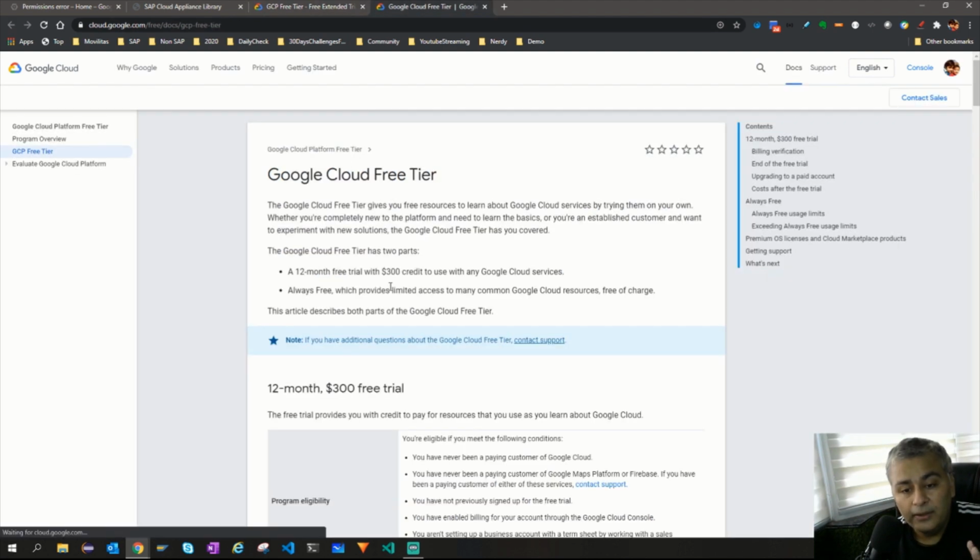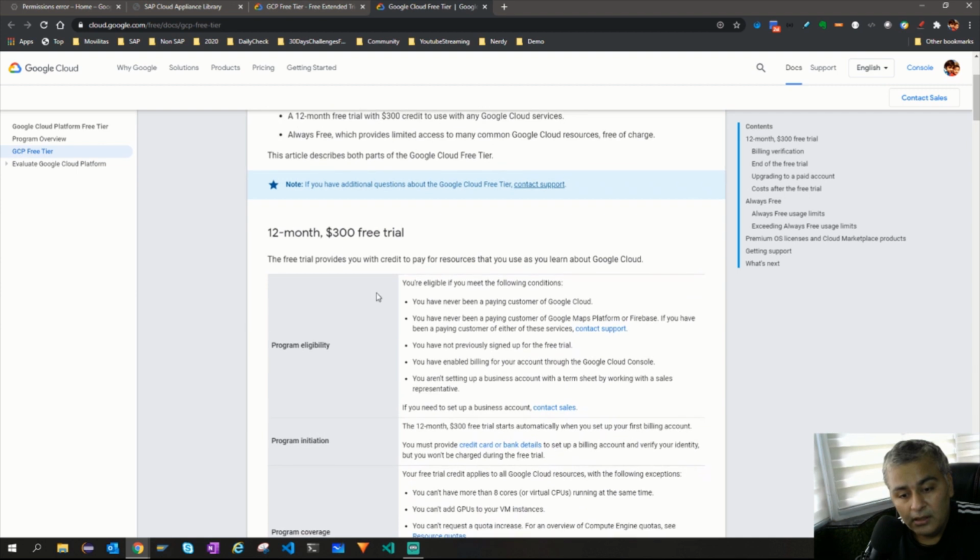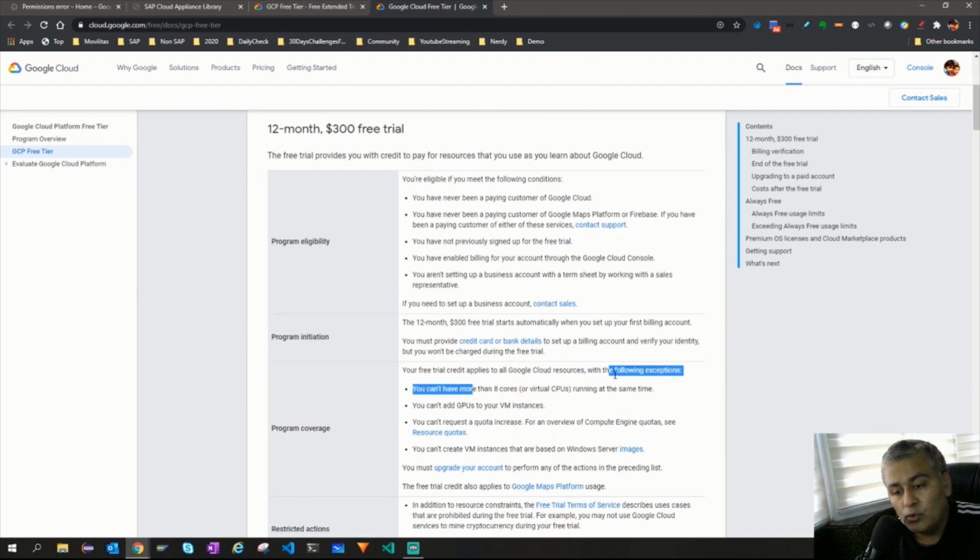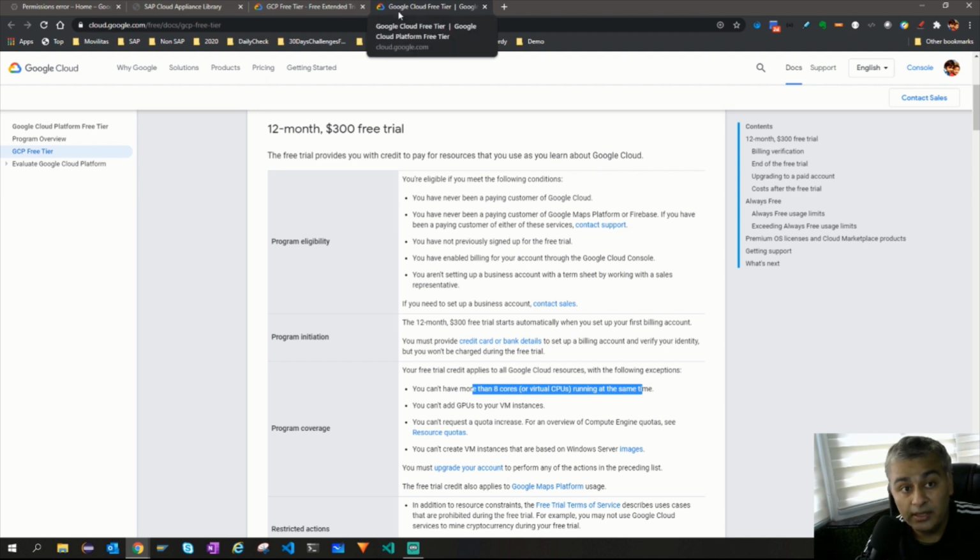This free tier allows us 8 cores of virtual CPU, and we will need only 6. So we are well within the limit, and if you shut down and start the system as and when needed, trust me, these $300 are more than enough to run your own SAP ABAP trial system for the whole year. I've been doing the same.